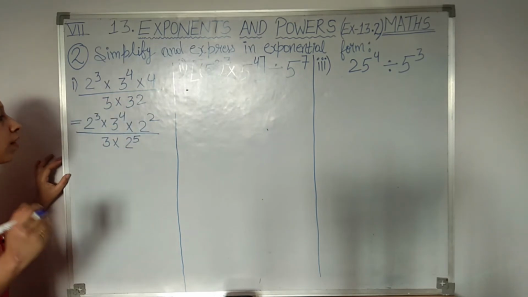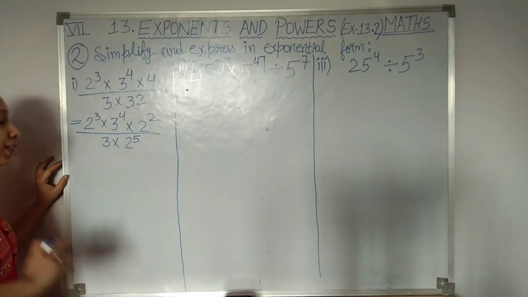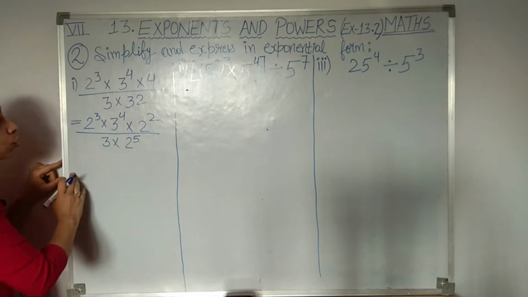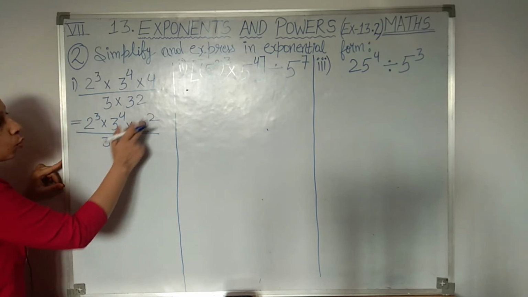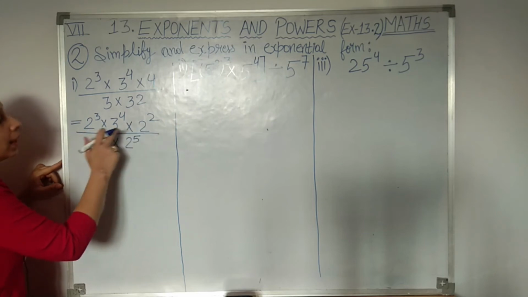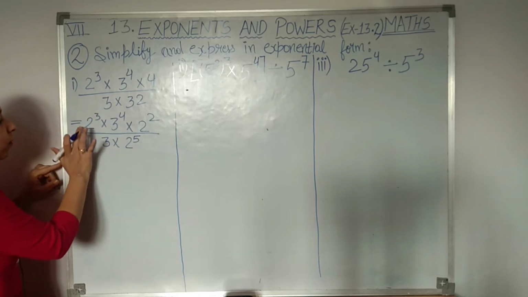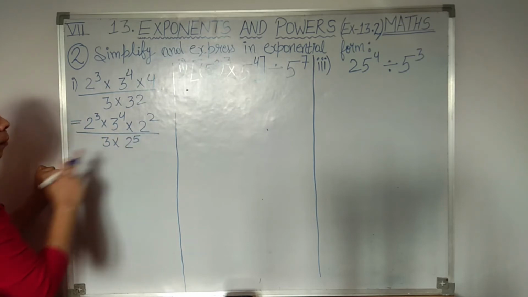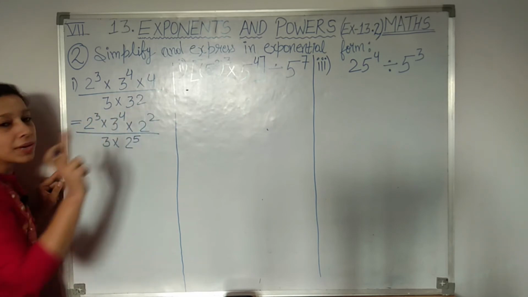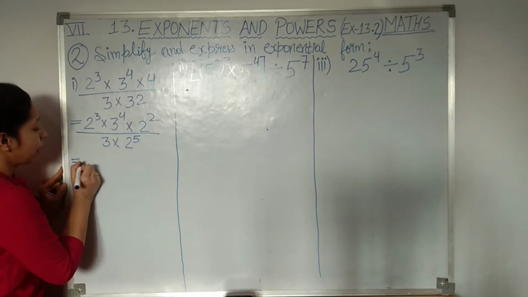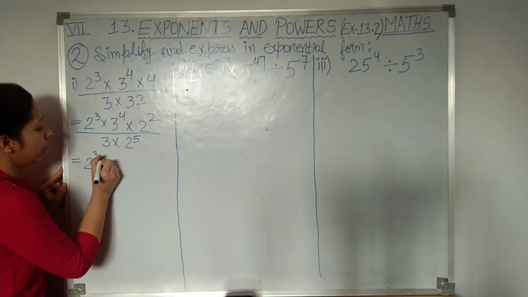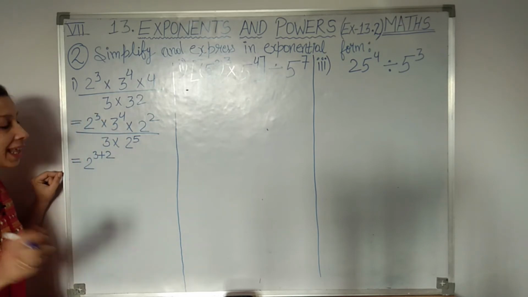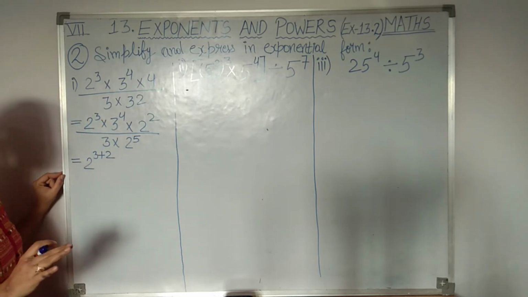Now students, how to solve? Now again you have to see which bases are same, which bases are in multiplication and in division. So students, here you can see 2 raised to the power 3 into 2 raised to the power 2. Here bases are same. This one is different, but we are going to ignore it. First we will take the base which are common. Here you can see both the bases are common and they are in multiplication. So their powers we are going to add, isn't it? So I will write 2 raised to power 3 plus 2. I have already explained the laws. Now the laws should be very clear to you, then only you will be able to solve this exercise students.